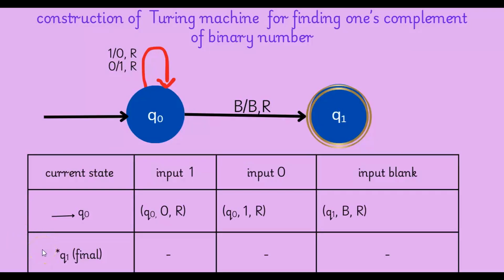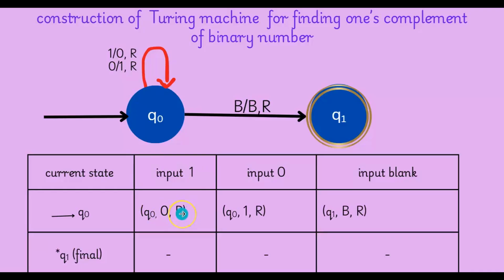Let us see the transition table for this Turing machine. The format of the transition table is current state and the possible input symbols. So here the input may be 1, 0 or blank. So this arrow indicates that Q0 is the initial state. So if you find a 1, so what will happen? Again you will come back to Q0 state, but this 1 will be changed to 0 and move the tape